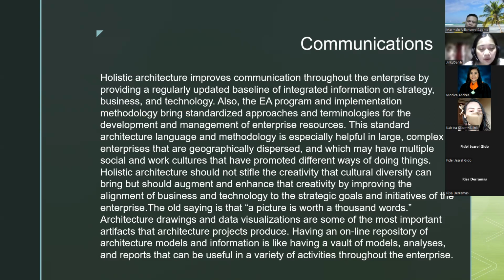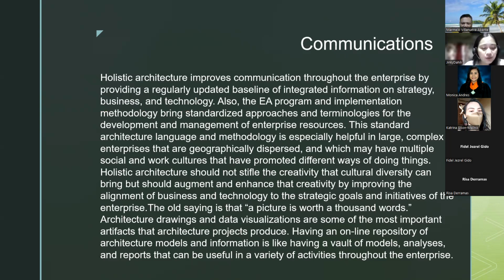Also, EA programs and implementation methodology bring a standardized approach and terminologies for the development and management of enterprise resources. This standard architecture language and methodology is especially helpful in large, complex enterprises that are geographically dispersed and which may have multiple social and work cultures that promote different ways of doing things.